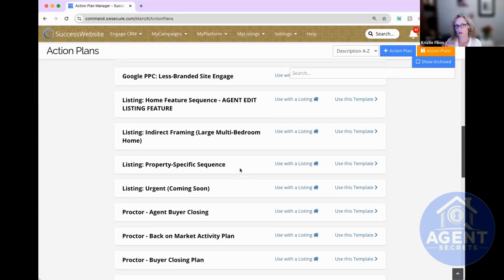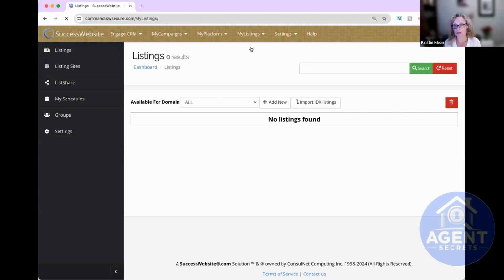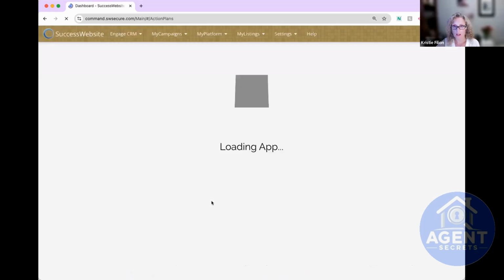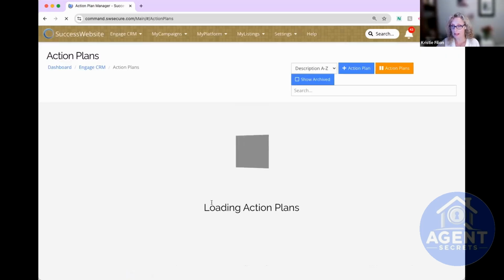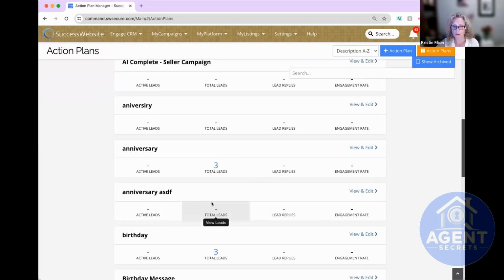get it into the website, right? To add it to your site so that we can create a landing page for it. That's step number one. So that happens up here in the listings, right? You go into your listings and then you can either manually add a listing if it's a coming soon property, or you can import from your MLS. So that's step number one. But once the listing is there, you can create an action plan around it and send that out to a segment of your database.